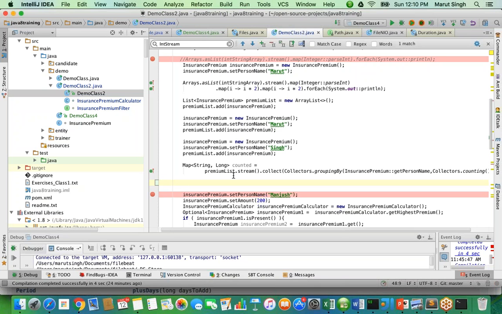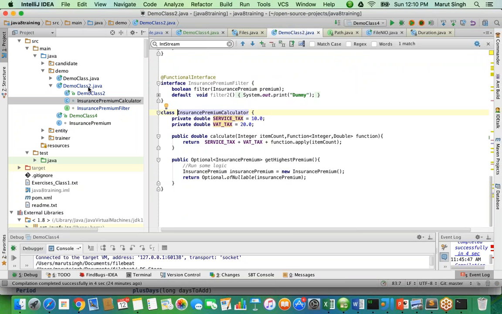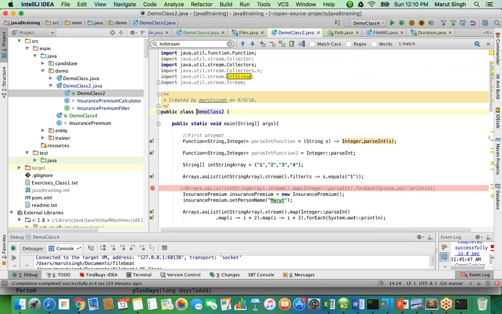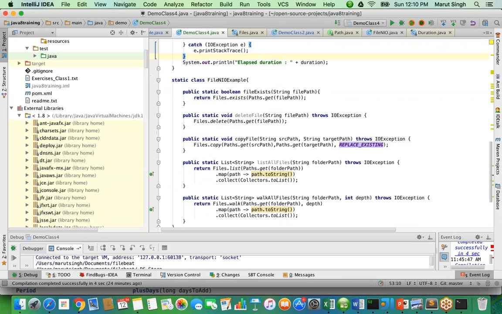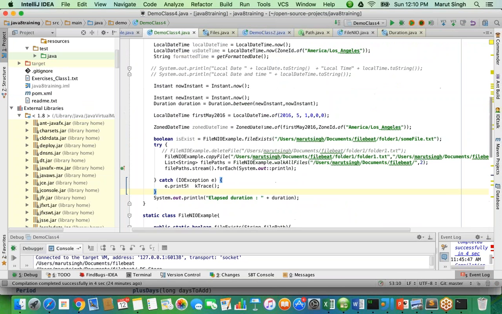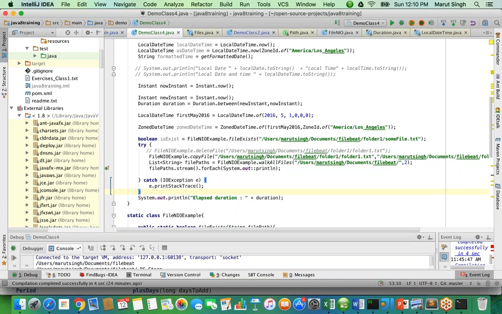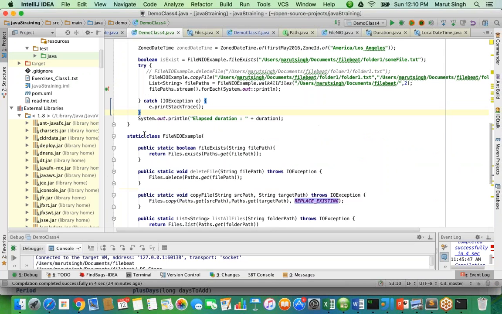Can we see an example of a parallel stream? Yes, I'll come to that. I will show you the basic example. If I see an example, then I will get some more ideas and be able to understand the explanation. So let me